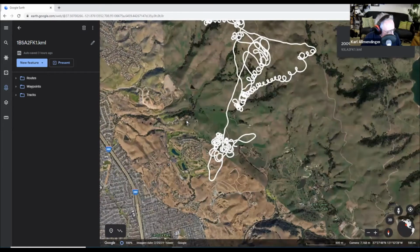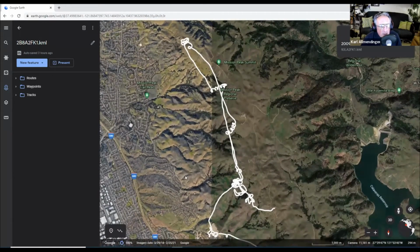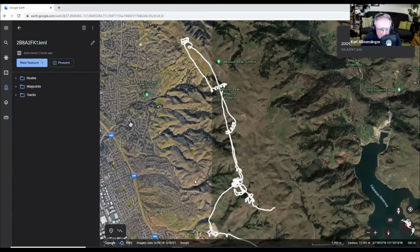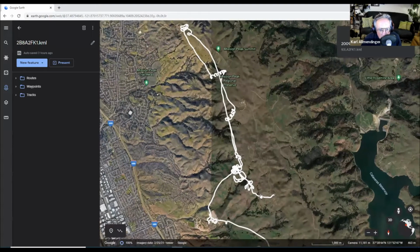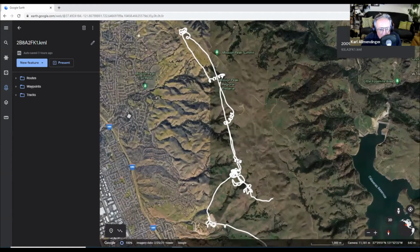Fair amount of flying around at Ed Levin on this one as well. If there's any sort of typical golden eagle flight, I'm not even sure such a thing exists, but this is kind of what they seem to be. Head out here, climb up, find another thermal. I think this thermal was on the way, and I think this thermal was on the way back,